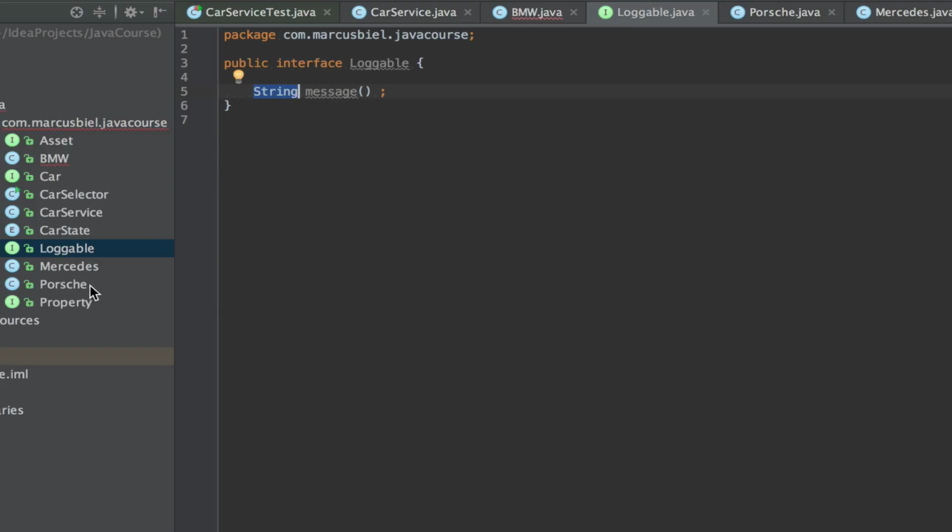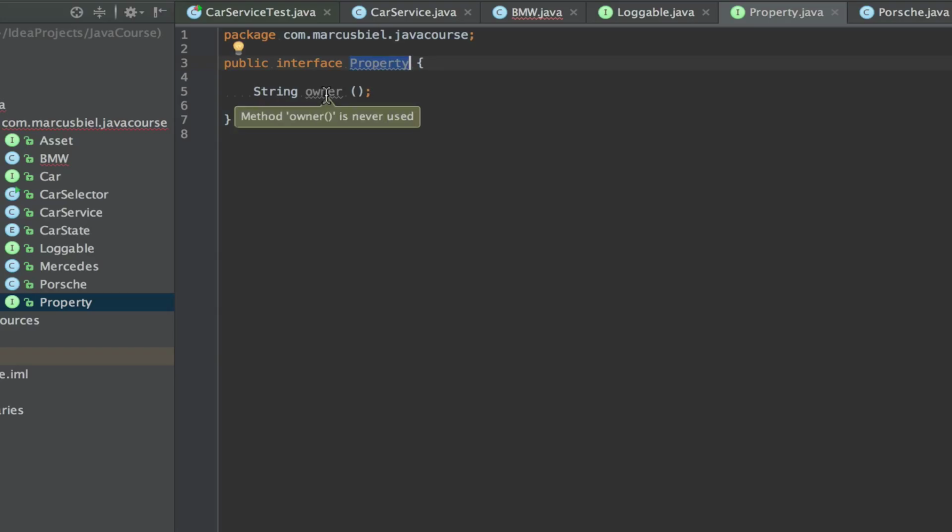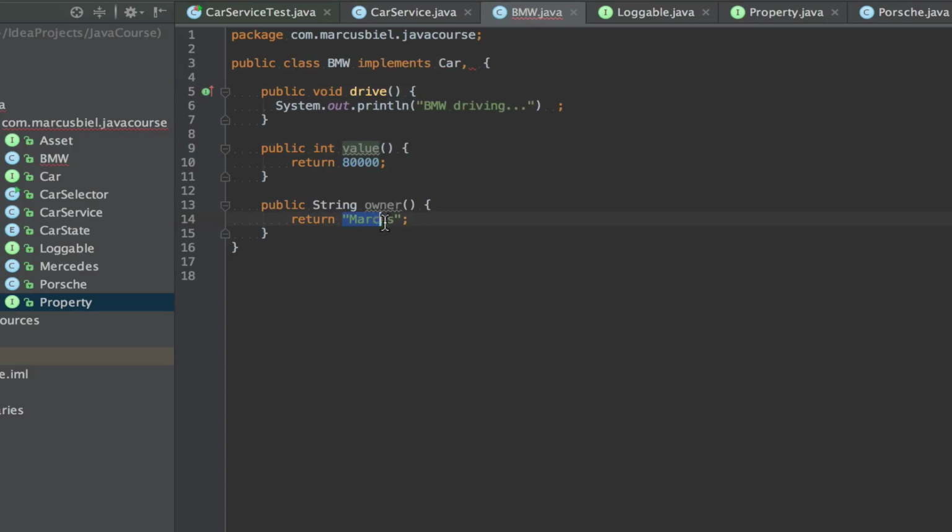Then also, well, it took me a while to come up with examples, because what other roles could a car play? I said it could also be a property, and such a property would have an owner. For example, the owner of the BMW I made myself. I mean, I want to have a BMW, how cool is that?